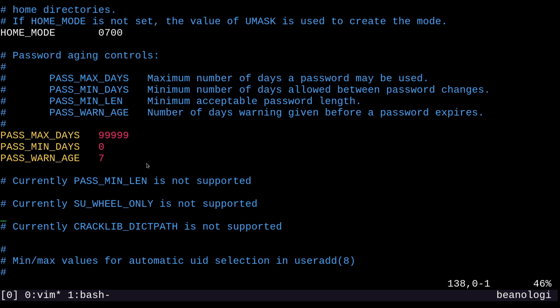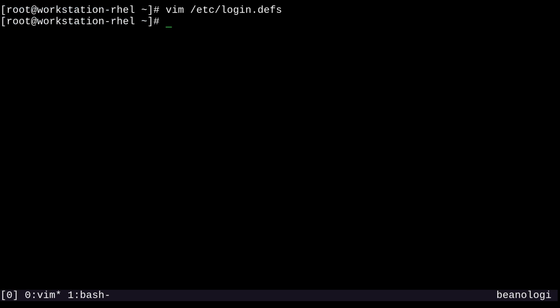So what we can do, in fact, is just set something like, we'll set PASS_MAX_DAYS to something like 120 days. That sounds pretty reasonable. And then PASS_MIN_DAYS, we'll set that to 7. And then PASS_WARN_AGE, we'll set that to 30 days ahead of time. Okay, and so now if I save this, and then I guess I'll go ahead and create another account,